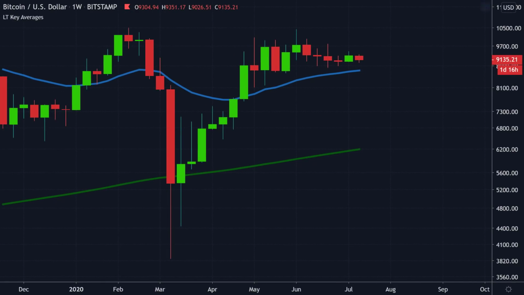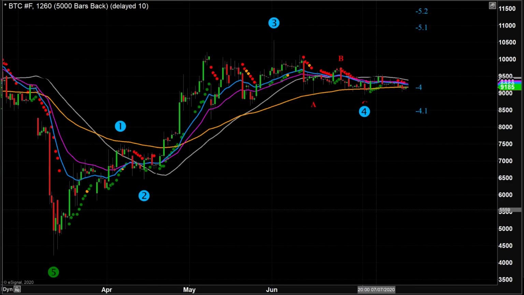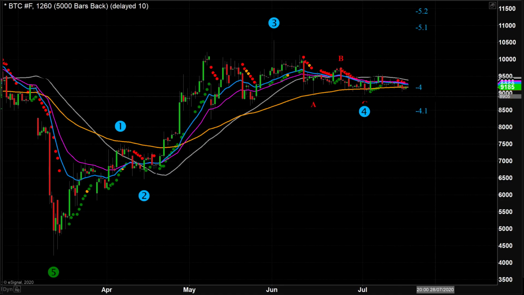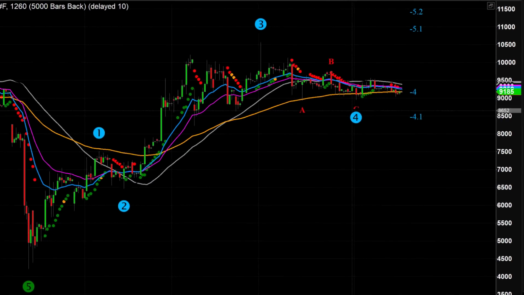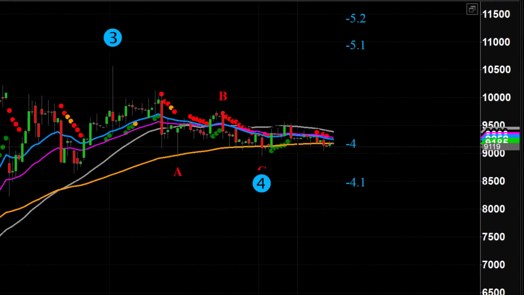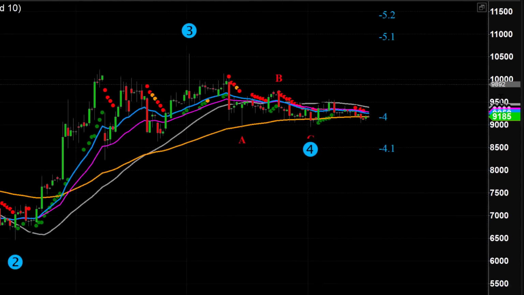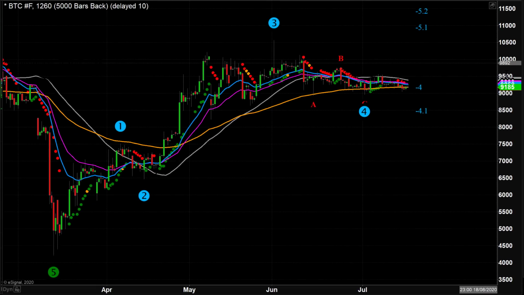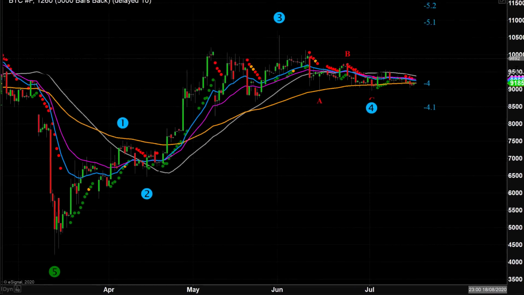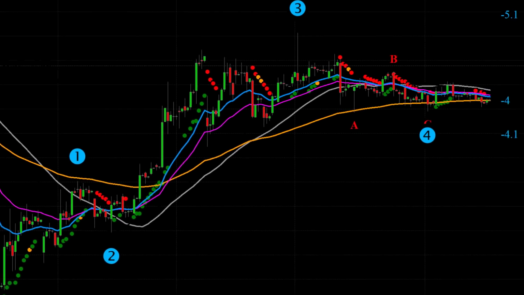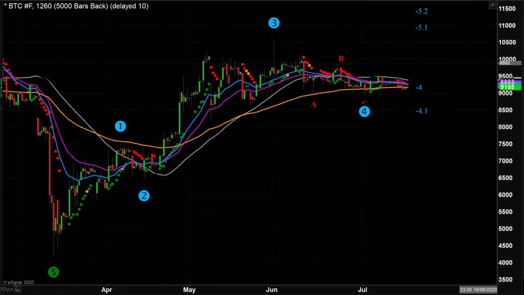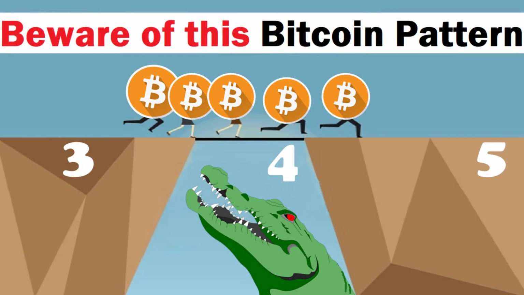And also, let me show you this. I showed this to our members in our members video about a few weeks back. And I said, look, the wave count on Bitcoin still remains as a potential wave 4 corrective pattern. By the way, this is our own LT Elliott waves indicator, which plots for us automatically on the charts the potential and probable wave counts. So as you can see here, my position has not changed since the last few weeks when I published my video on the crocodile pattern.